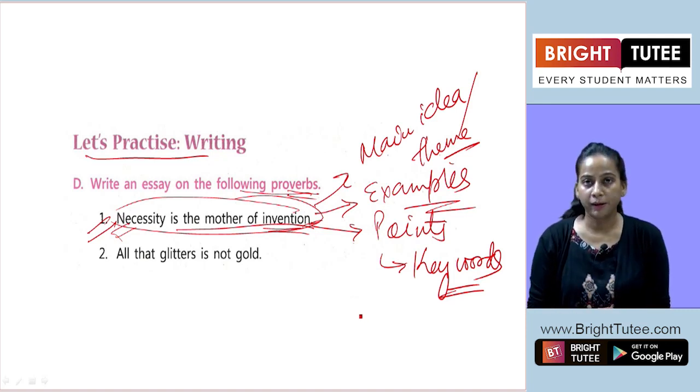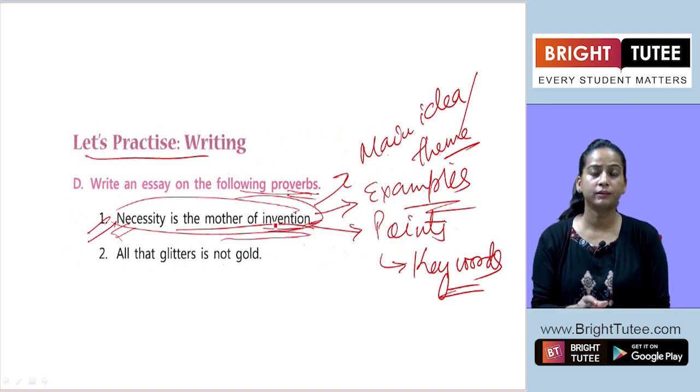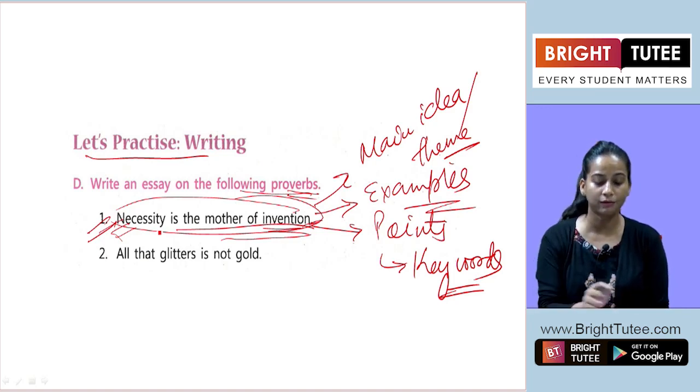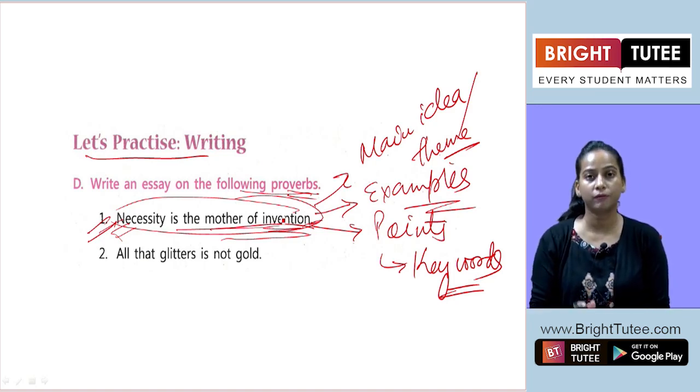Then in the concluding part, just to conclude it, we can mention that this is one of the proverbs that we are hearing from our childhood, and that we have to take in the positive way, not in the negative way. It is something which is helping us to get the motivation to create something. So that can be your concluding part, where you are just going to do the briefing of how necessity is the mother of invention, how it is helping us to create new and innovative things, and just using our different or new innovative ideas to create something.